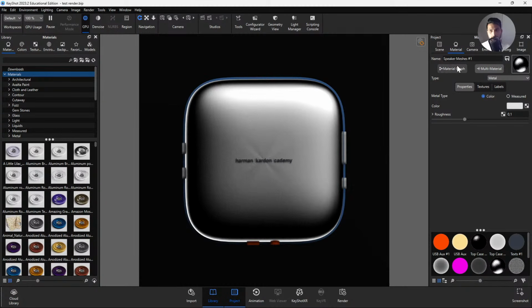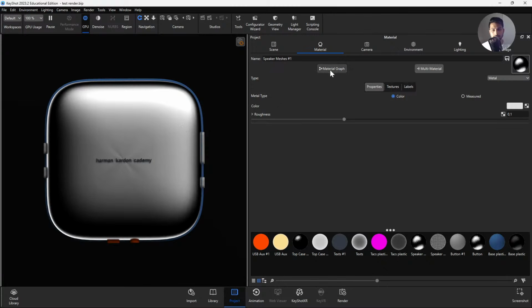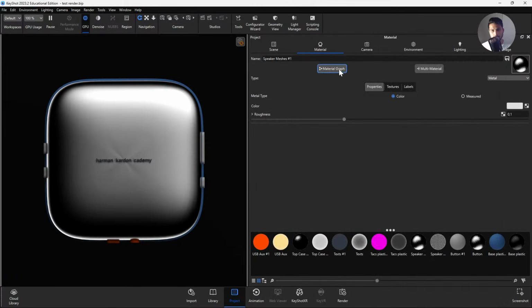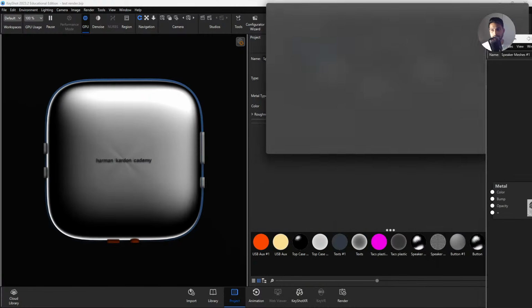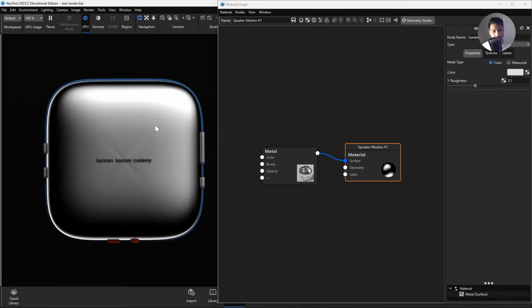Now, rather than a solid geometry, we will add some changes. So let's open the material graph for that shape,